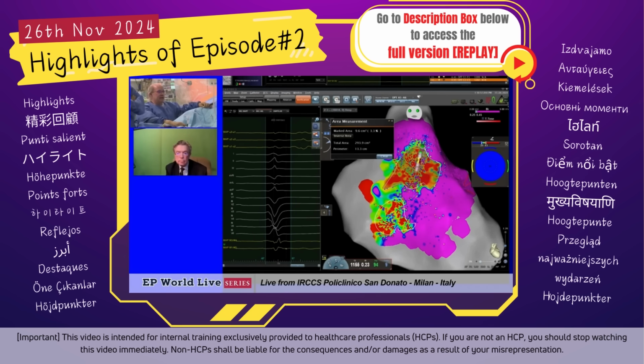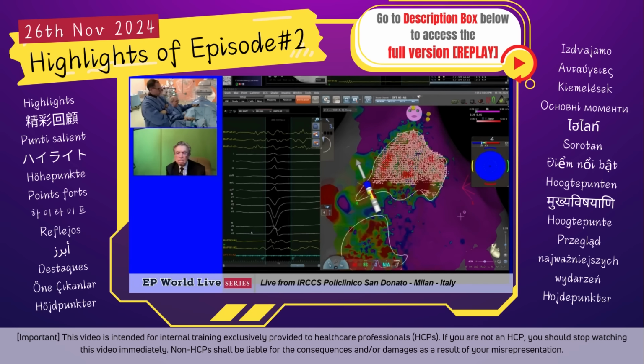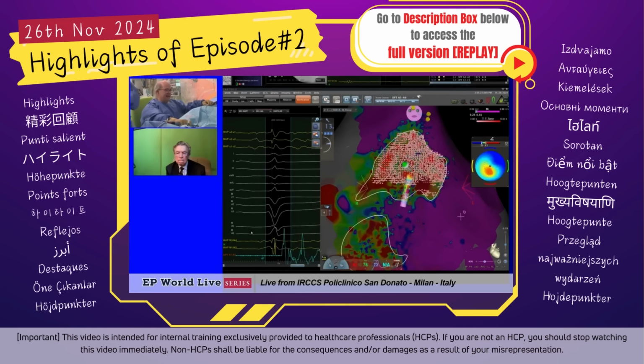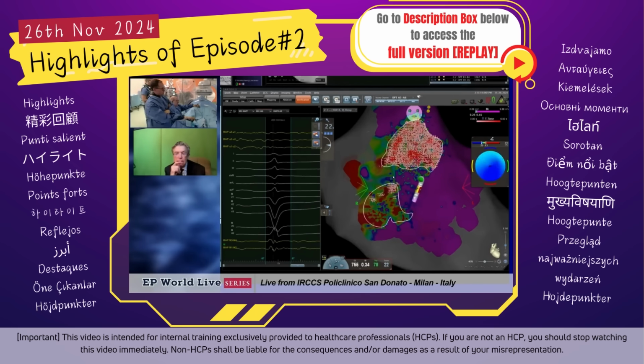Why? Start the ablation. With the ablation of the substrate and the homogenization, I think we are also eliminating the antigens. We are giving 47 watts and the QMode modality ablation. Carlo is moving in a dragging way in order to avoid transmurality. And in this case, our goal is to homogenize the substrate in order to get a homogeneous